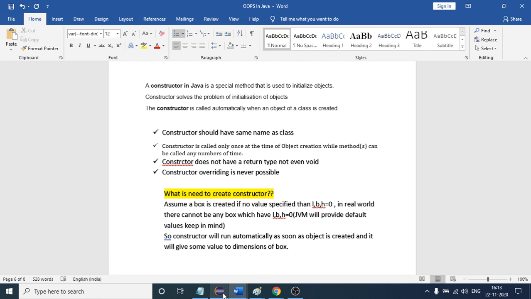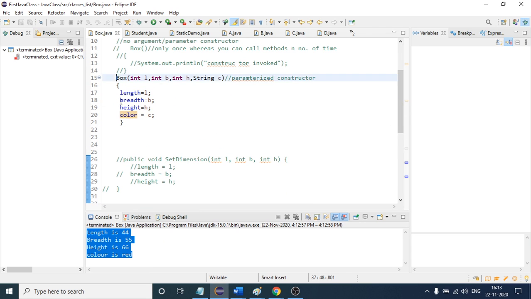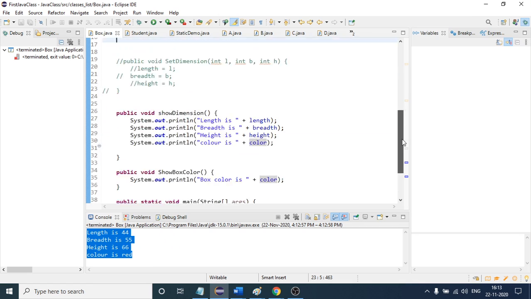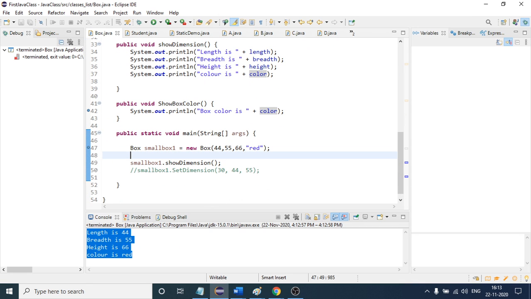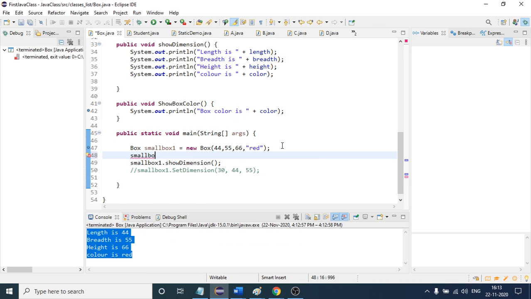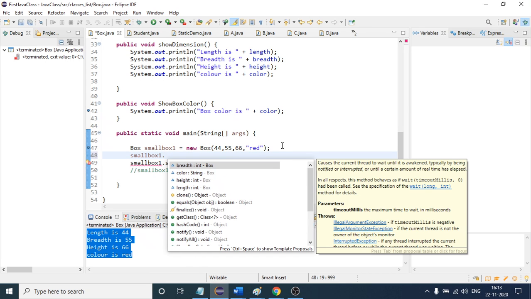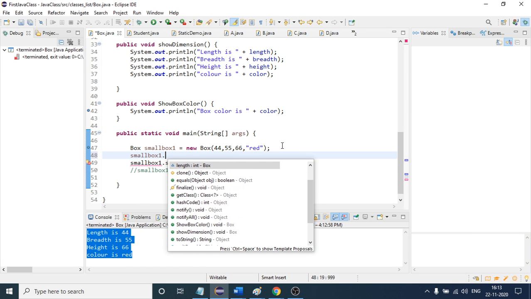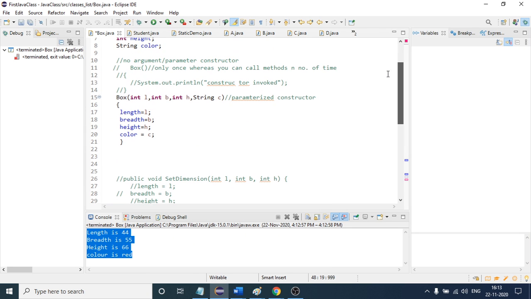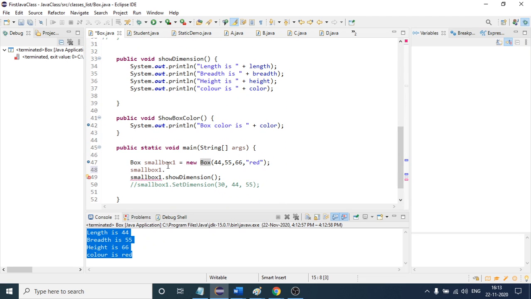So you can see here that this constructor, whatever we have defined here, is called only once, right? And you cannot call it like this. If you try to call it like this, box one dot, sorry, box, one dot. What is our class name, what is our this box, right? If you try to call it with the help of an object, this will not be called, right? So if I show dot,